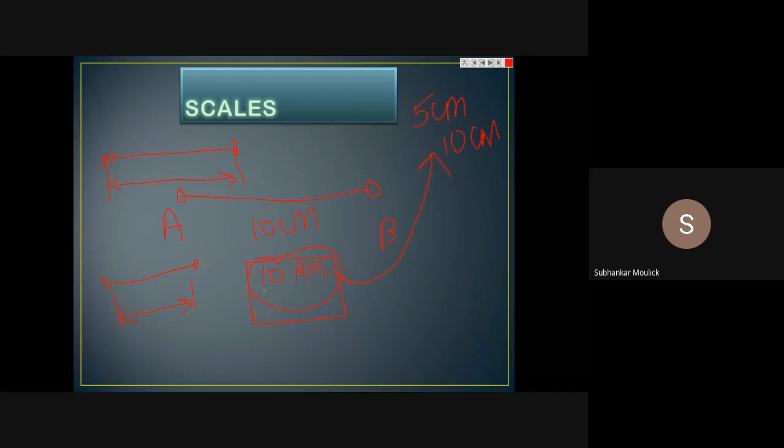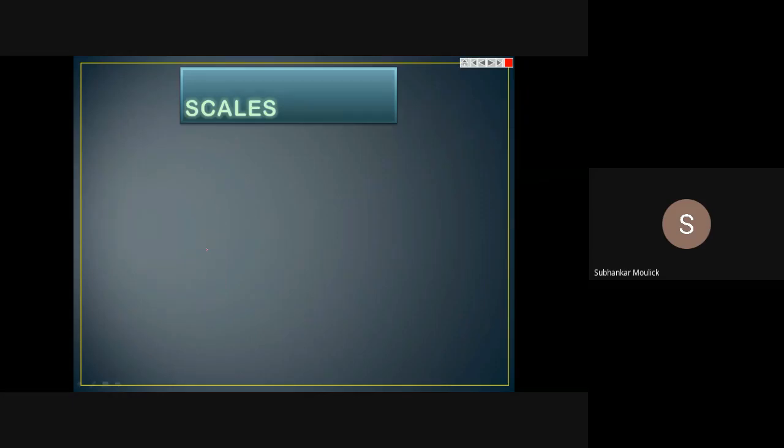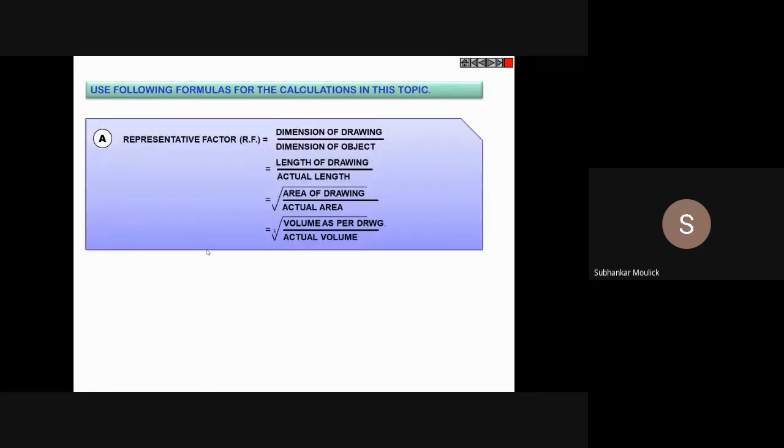Now, how are we doing the scaling? For that, the next part is the RF part, which one student just now has answered. Is it clear how we are doing it? Yes, sir. Okay, fine. So these are all the definitions. So how are we doing that scaling? That scaling is done by a term called RF. What is RF? RF is representative factor, denoted by the short form R.F.